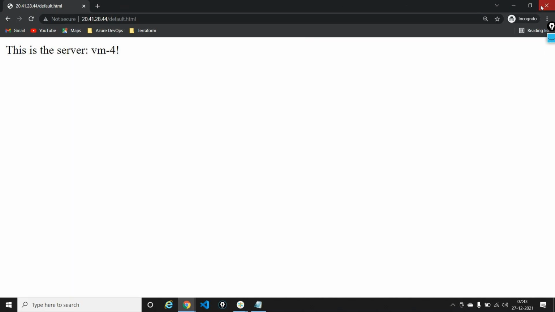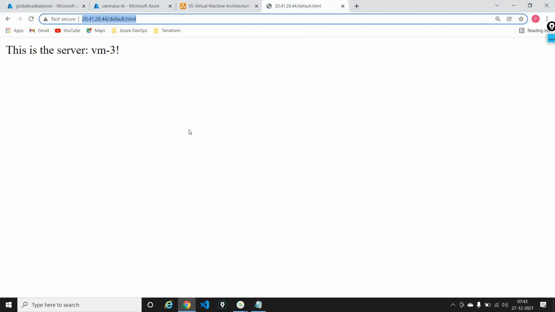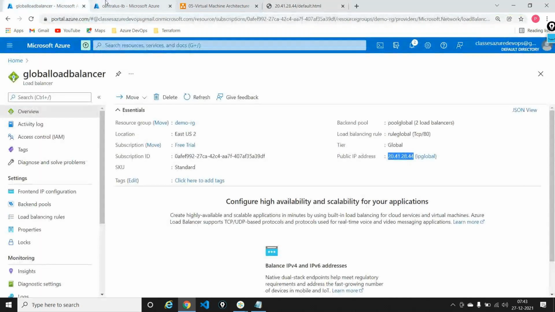So that's the reason the load balancer is able to identify my IP and then divert me to these servers, so that it can give a quick response out here. If you are a person who's coming from central US and trying to hit this server, then either VM1 or VM2 will respond. Now, if I stop one of the servers, so if I just go here,